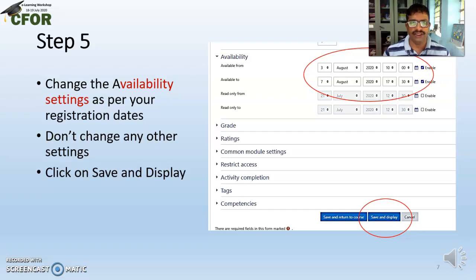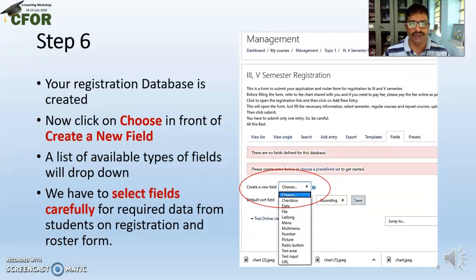Step 5 is you have to also change the availability settings, because your registration procedure will be for a limited period, that is from 3rd August to 7th August. So you have to change those dates, available from and available to, by checking the enable box just after them and then changing the dates. After that you have to click on save and display,